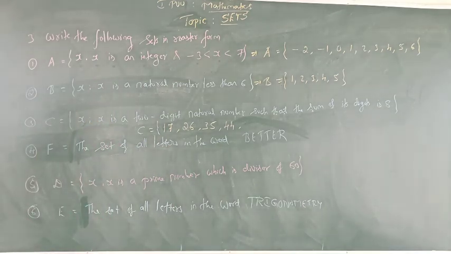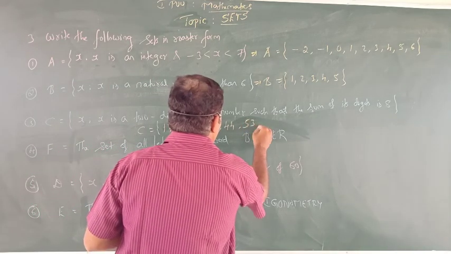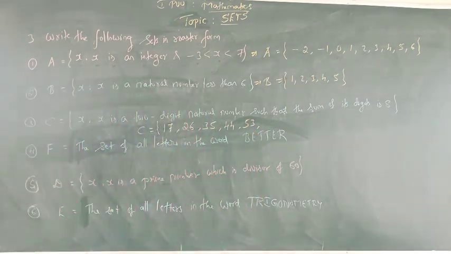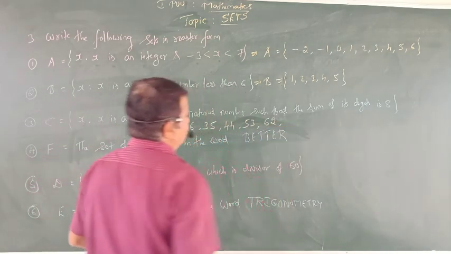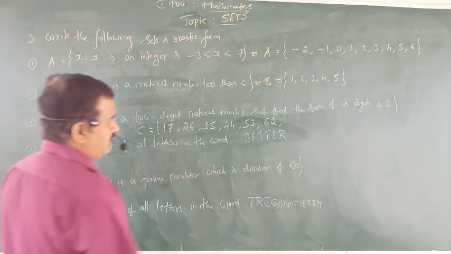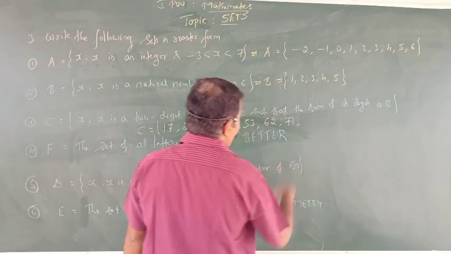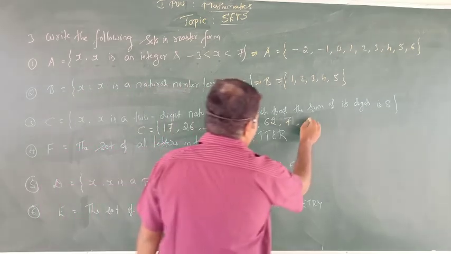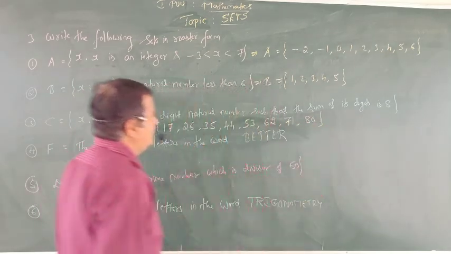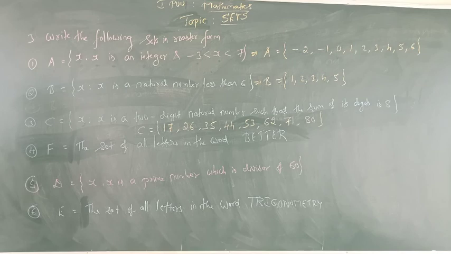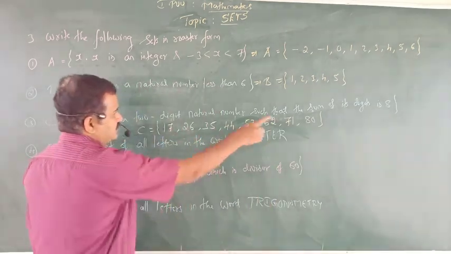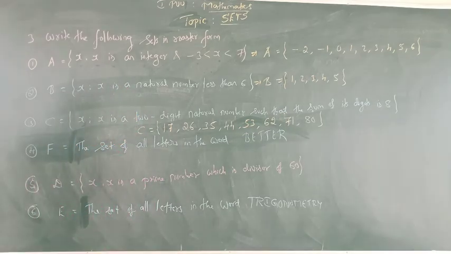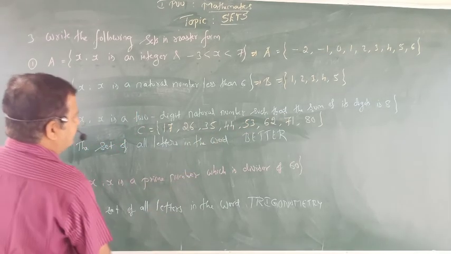Let us go for another one, 5 comma 3. If you add these two you are going to get 8. Again 6 comma 2, you add it, you get 8. And again 7 comma 1, and the last one is obviously 8 comma 0. So these are the 2-digit natural numbers whose digits, if you add them, give the sum 8.